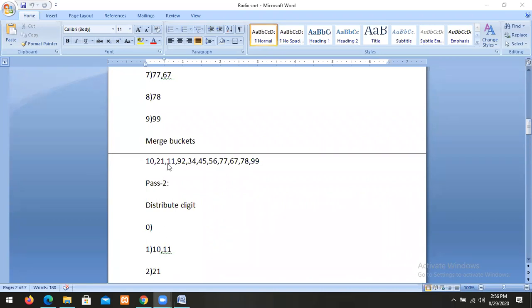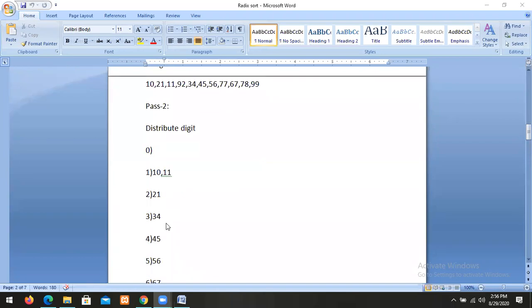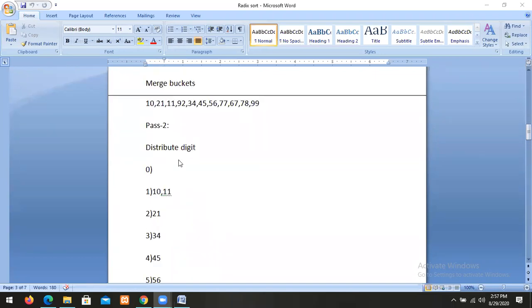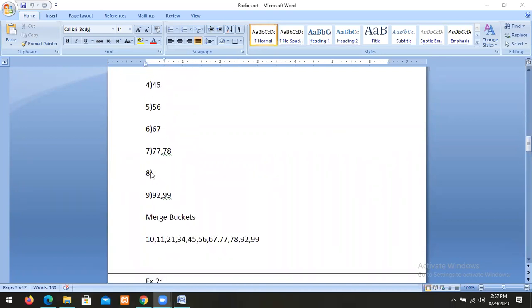For 11, 1. 92, 9. 34, 3. 45, 4. Like this we can extract the digits. Then again merge the buckets. This is the way we sort the numbers by using this technique called radix sort.